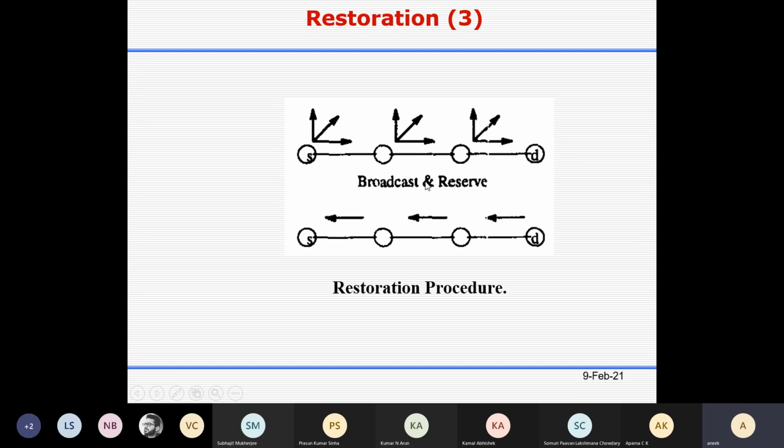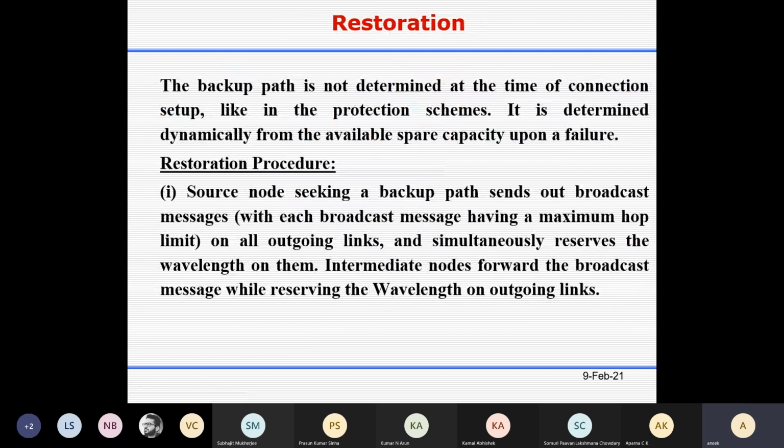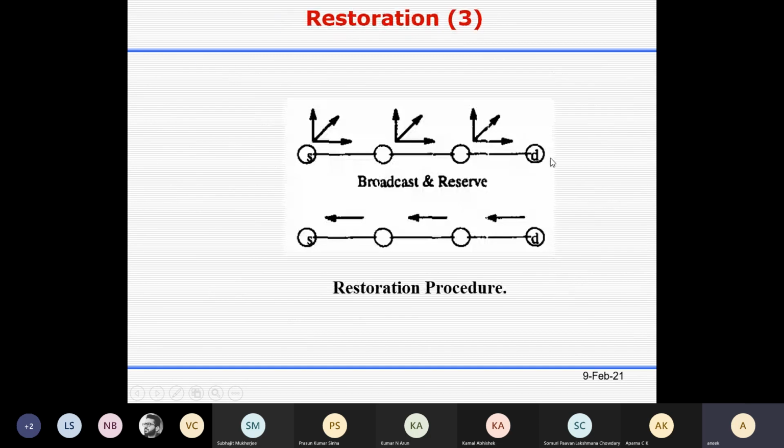The source node now sends out a broadcast message.